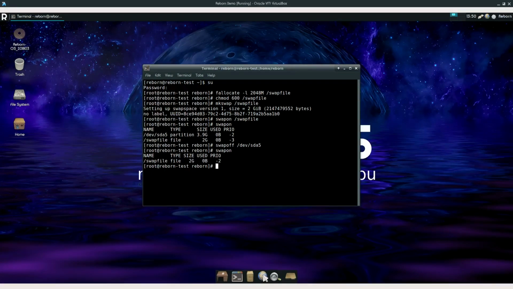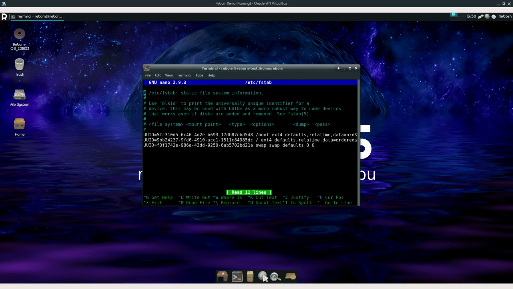Now we need to make these changes persistent by modifying our /etc/fstab file. In order to do that, you can use a text editor, Gedit, Notepadqq, Mousepad, Leafpad, whatever you like. I'm just going to do it with Nano. What we're changing is the same, however you decide to change it. So what I'm going to do is come down here, and I am now going to add the following: /swapfile